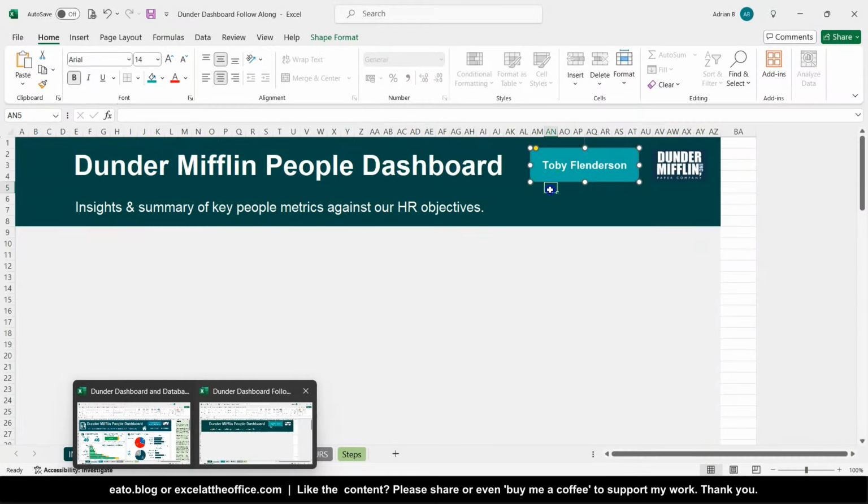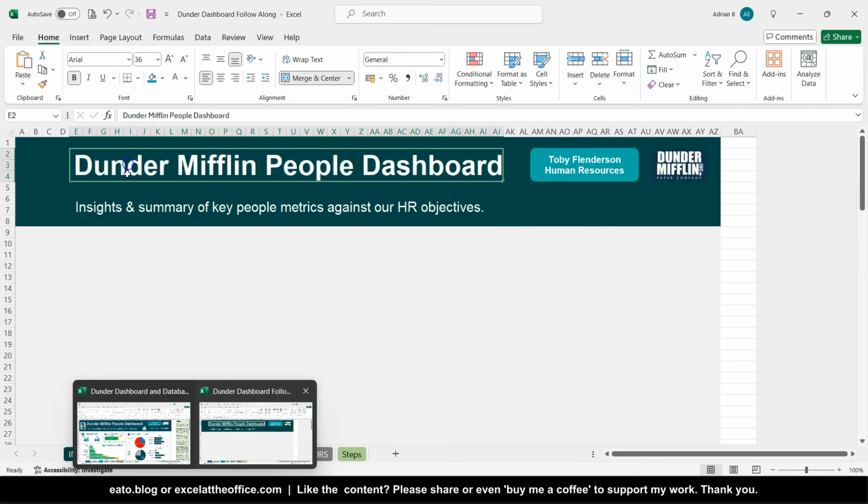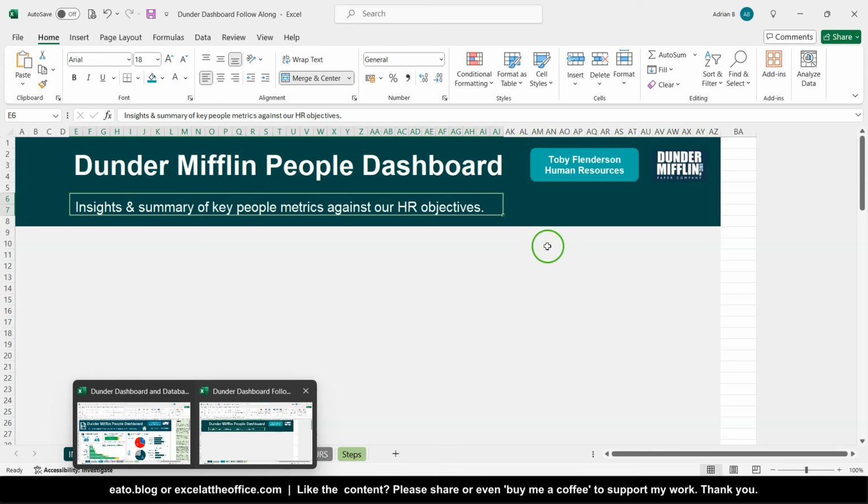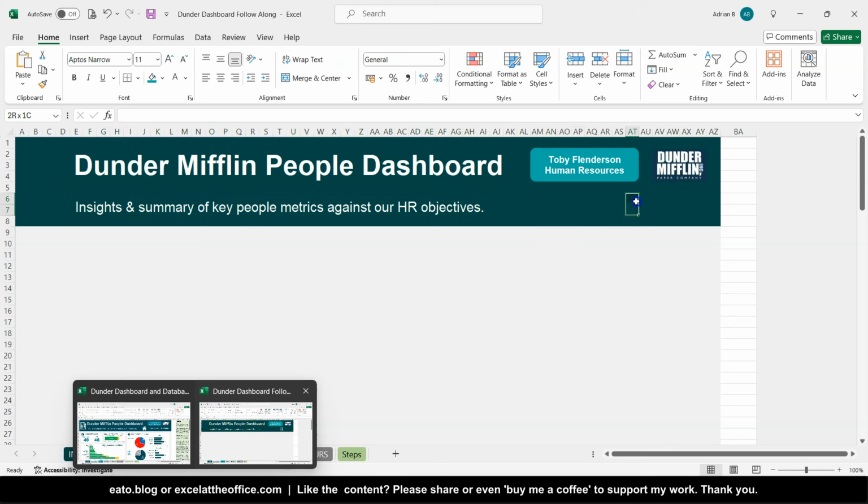Now, not all the text is showing, so I actually need to make that a bit smaller. So there we go, there's my name, who's running this report, the company, the title, subtitle. What I might also want to do is have, just aligned with this, a last updated date. So if I merge and center, so that people know when they're looking at the dashboard,